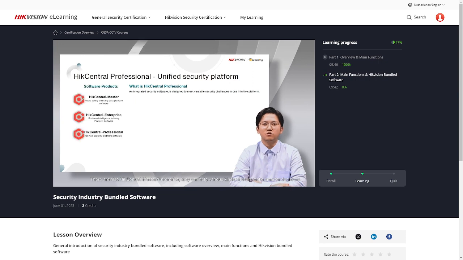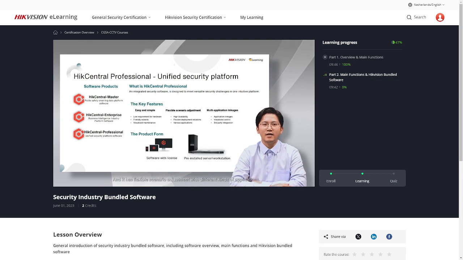There is also HikCentral Master Enterprise. They can help various kinds of users to make smarter decisions. It's easy and simple to use with a great UI design, and it has flexible scenario adjustment with different kinds of applications. What's more, it can achieve multi-application linkages.